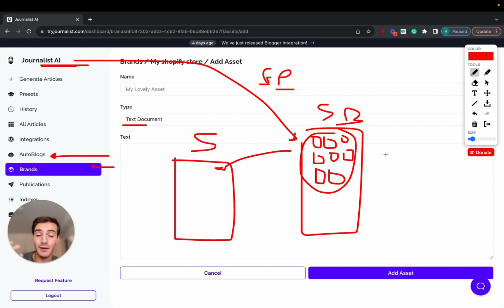And again, you can leverage this to just focus on growing your Shopify store and let journalists work on autopilot, if you set up an autoblog, essentially having journalists publish the articles every single week. You can have this on autopilot running for you, ranking on Google and getting traffic from Google. That's the end goal, right? And you just focus on other aspects of running a Shopify store, right? Your brand, fulfillment, customer support, 3PL. There's a lot of things you have to take into account, of course, when running a D2C brand, e-commerce brand.